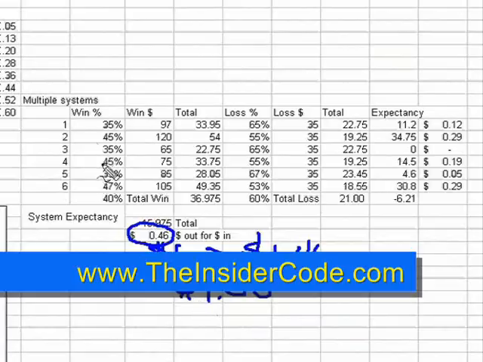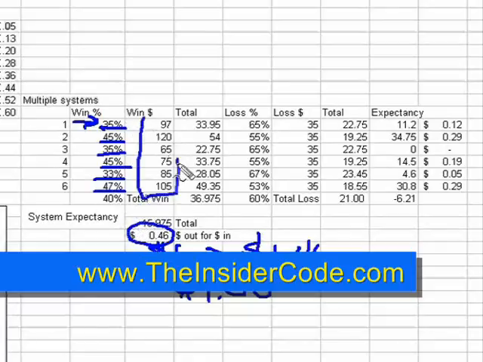But I want you to look at something. That's not winning all the time. Look at that. That's taking trades that win 35, 45, 35, 45, 33, 47. Okay, these are not big winning systems. It's simply that you're making sure that you're letting your profits run.